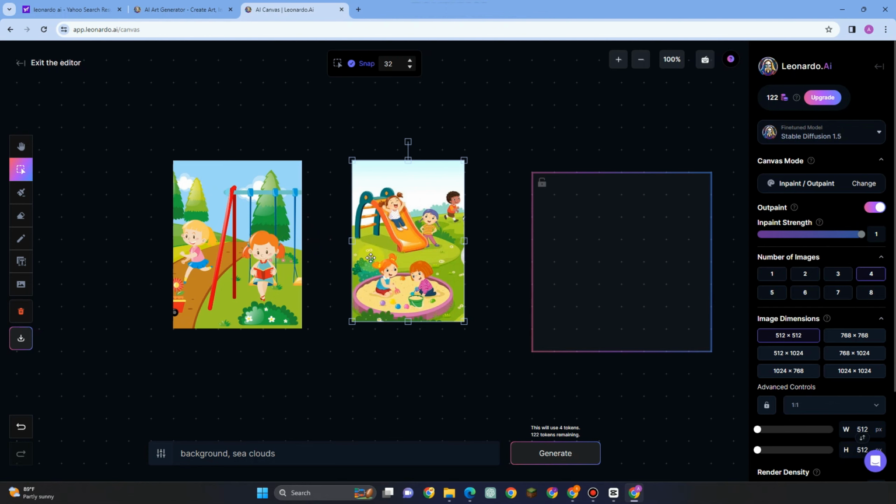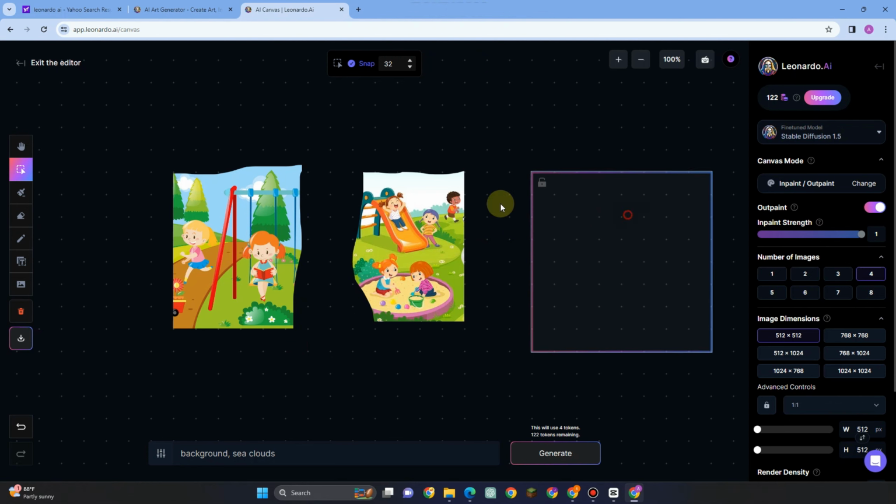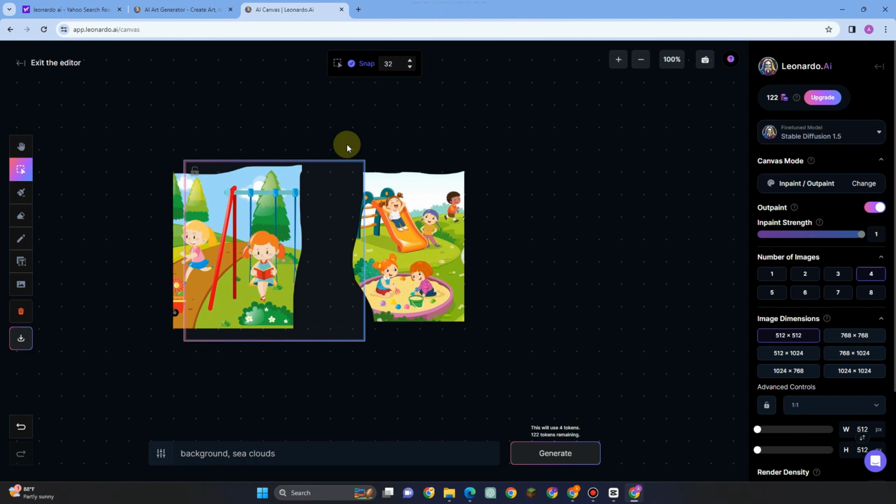And what we're going to do now is to simply erase some parts of the picture to see how this Leonardo AI worked. So let me erase this part right here, erase this part right here, but actually everything is up to you. Suppose that these are not fixed or not okay pictures, and the pictures look like this. So how will Leonardo AI fix this one? So once done, what you want to do is to,